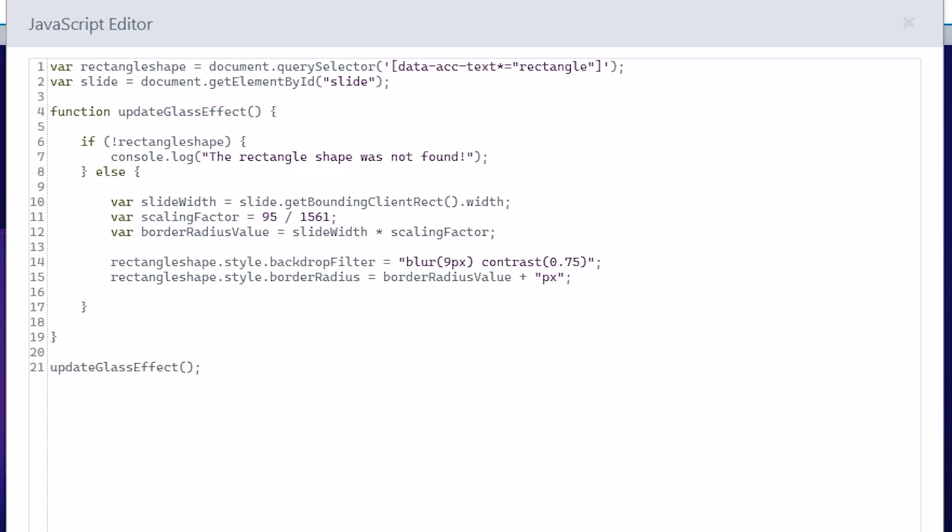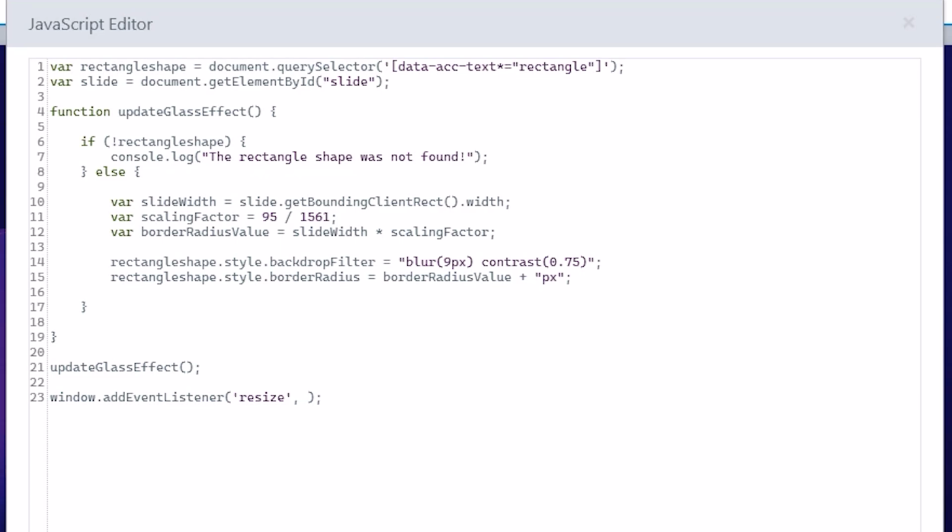Then we want to call the function again if the browser window is ever resized, and we can achieve that in JavaScript by using an event listener assigned to the window property. So type window.addEventListener, capital E and capital L, and then in parentheses and single quotes, the name of the event we want to listen out for, which in this case is a resize event.